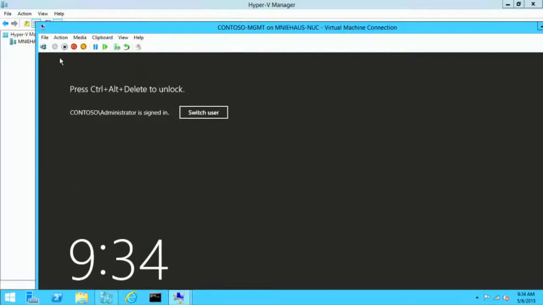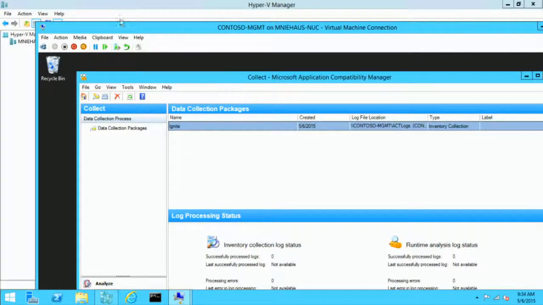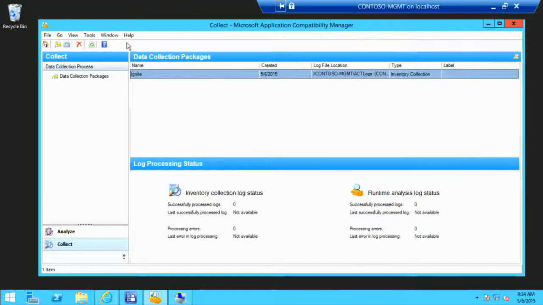So inventory tool-wise, the AppCompat toolkit is present in the ADK. It hasn't been updated for Windows 10. It probably won't be updated for Windows 10 unless it's broken. Maybe we'll put some fixes in for that. But the basic functionality that exists in the version that was released with Windows 8 and Windows 8.1 is the same today. So we have the Compatibility Manager, which is the first tool to use to create a data collection